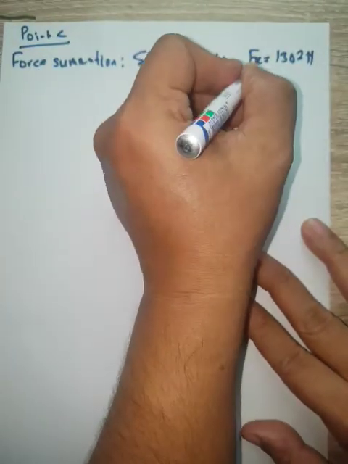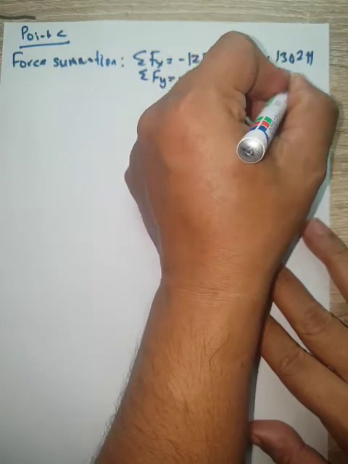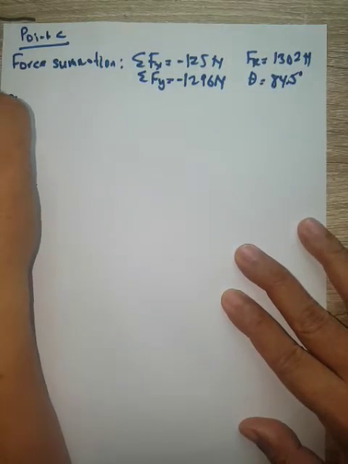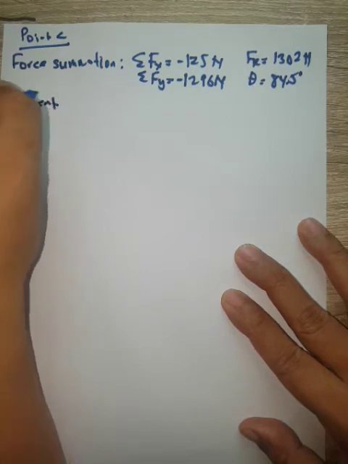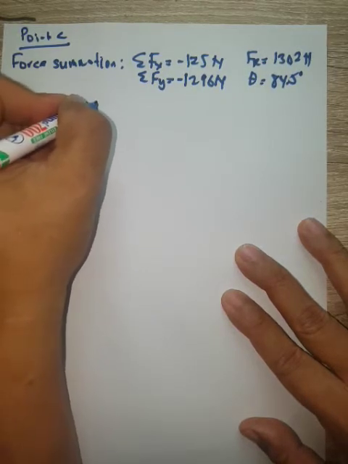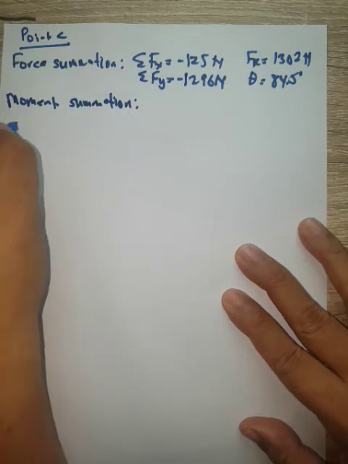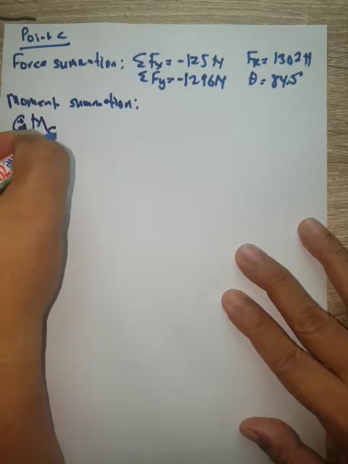And the direction is 84.5 degree. Okay, and then the moment summation, a bit different, because it has forces at different locations here. So the moment counterclockwise is positive, the moment at point C is equal to